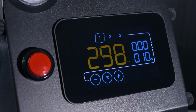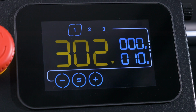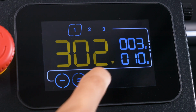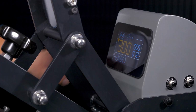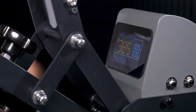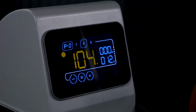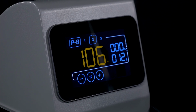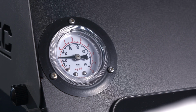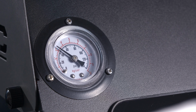A brand new touchscreen controller was designed for our TrueSpec machines. This new controller displays your time and temperature, and we've added a brand new pre-press timer. There are 3 preset slots where you can customize your temperature, pre-press timer, and main press timer for your most common applications. On our hybrid open machines, you'll find an active pressure readout. And this provides a real-time indication of pressure on a scale from 0 to 8, with 8 being the max. On pneumatic machines, you'll see an analog pressure gauge next to the screen to let you know the exact PSI